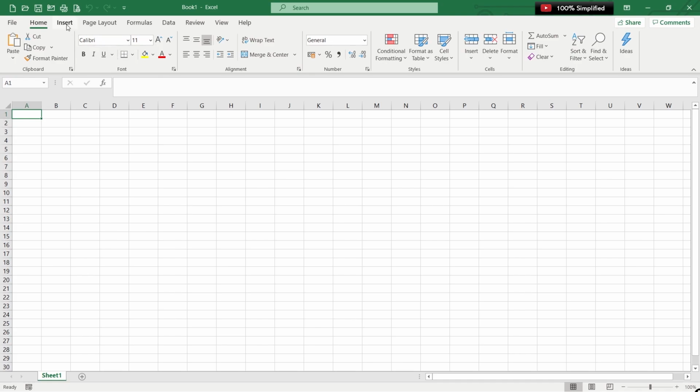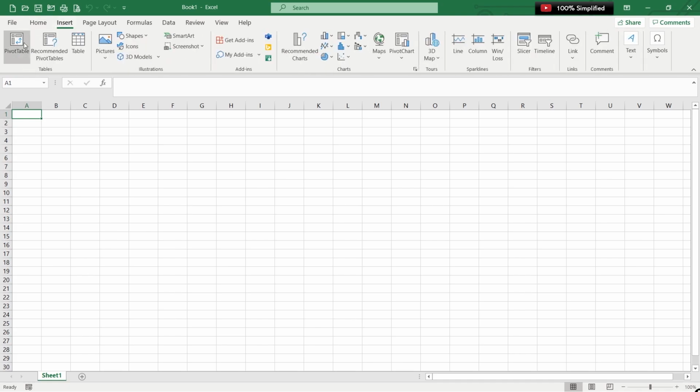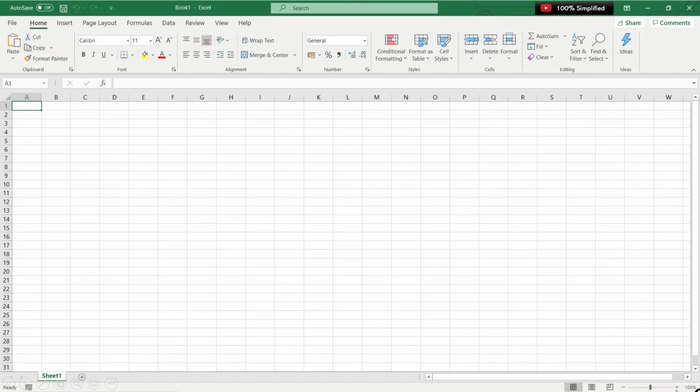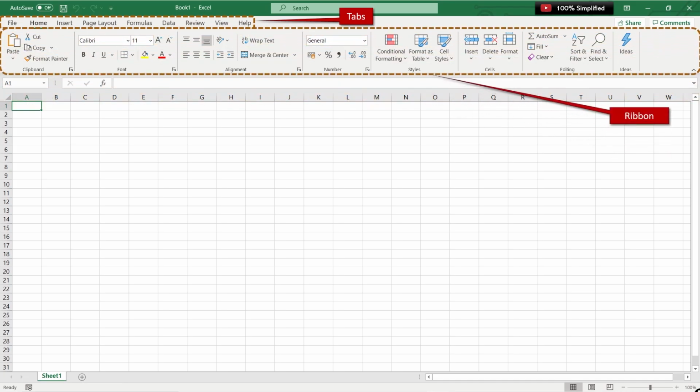You can click any other tab. Let's say if I click on insert, the new ribbon appears, and inside the ribbon there are groups which have been created between these two lines. So illustration is a group, add-ins is a group, charts is a group. To quickly summarize, these are the tabs, this is a ribbon, and this is a group. There are many tabs, as I mentioned a while back. There are many ribbons which appear as and when you click on the tab, and there are a lot of groups available inside a particular ribbon.